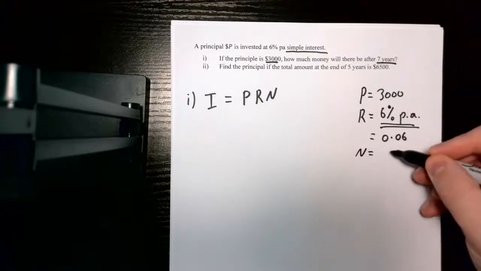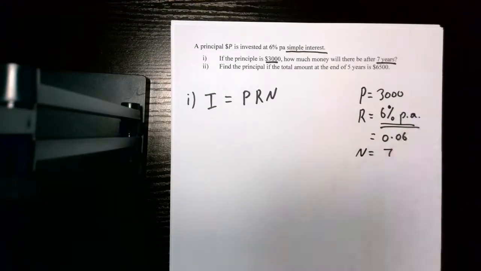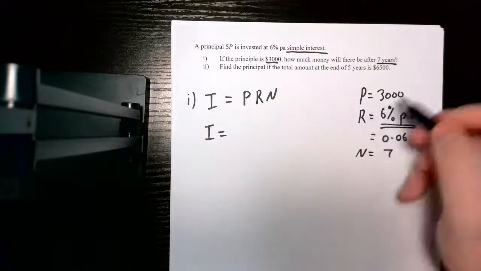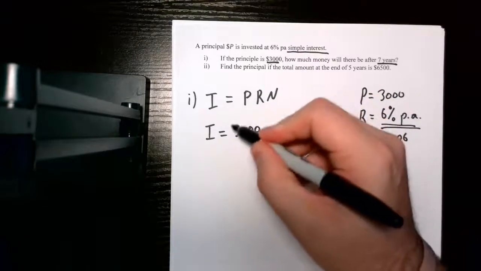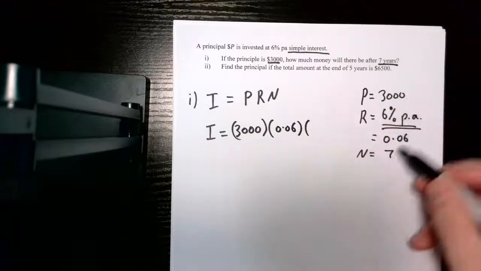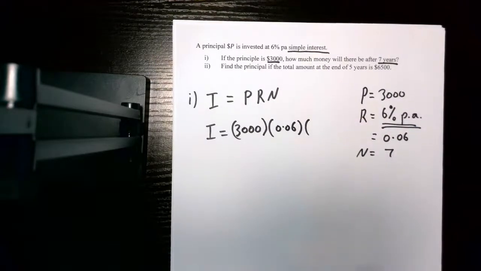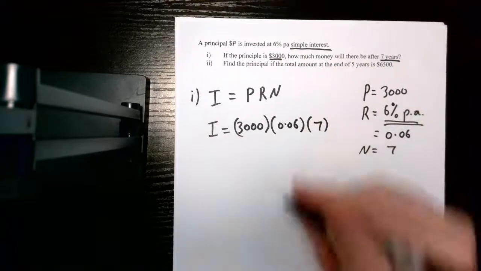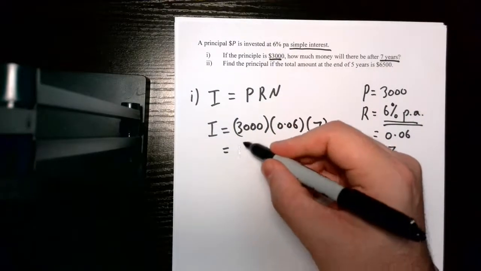So in this particular case, N equals 7. Then it's just a matter of plugging in all of your values into the formula. So I is equal to P, which is 3,000, times your interest rate, 0.06, times the number of time periods, which is equal to 7. What you then do is plug that into your calculator and you should come up with the value of